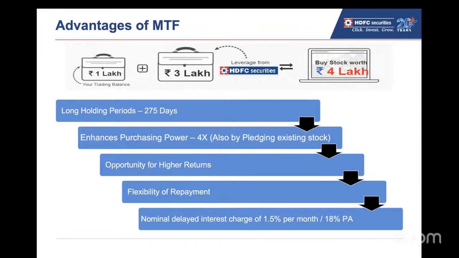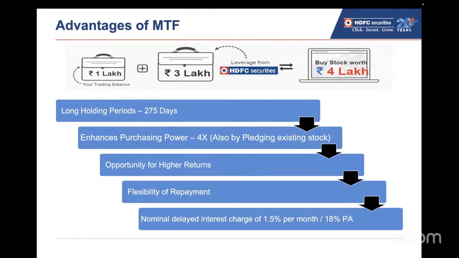नाउ लेट्स अज्यूम कि MRF अभी फिलहाल 1 लाख रुपए पे ट्रेड कर रहा है, ठीक है। और आपको MRF के 4 शेयर्स खरीदने हैं, ठीक है। बट आपके पास तो 1 ही लाख रुपए है। अगर आपके पास 1 लाख रुपए तो आप एक ही स्टॉक खरीद सकते हो लॉजिकली, और टेक्निकली। बट विद द हेल्प ऑफ MTF आप 4 लाख की पोजीशन ले सकते हो, मतलब आप 4 स्टॉक्स बाय कर सकते हो। वाई? बिकॉज आपको जो बचे हुए 3 लाख हैं वो HDFC एज अ लेवरेज दे देगी, ठीक है।